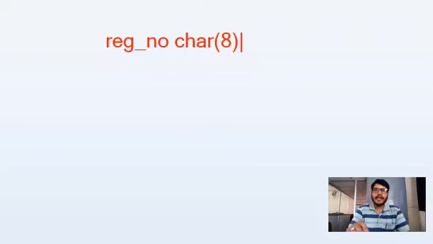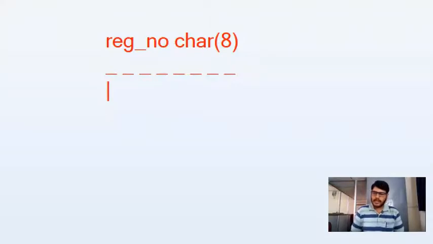When I define character with 8 as a size, then what happens? It is going to reserve 8 bytes of memory. So this is first, second, third, 4, 5, 6, 7, 8. 8 digits or 8 bytes of memory it is going to reserve. In this particular memory, I can store your registration number like this.